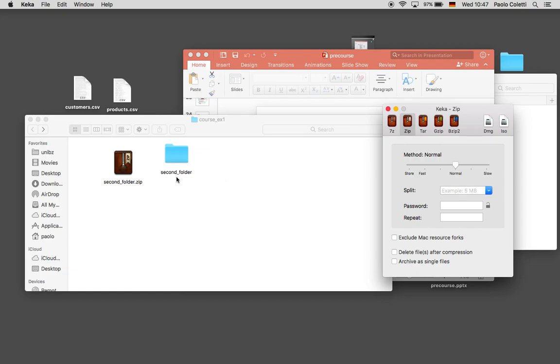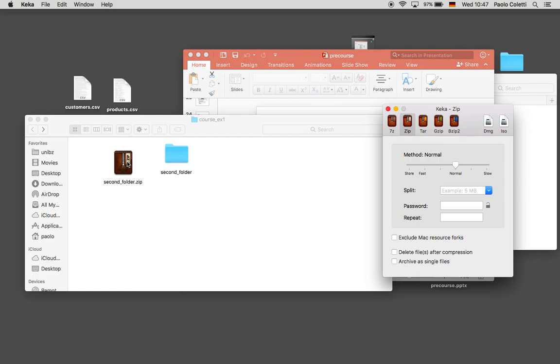I think if for any reason you are able to look inside the zip folder, in Windows it's very typical. In Windows, if you click on the zip folder, a sort of window opens up and shows you the content. On the Mac, no, when you click on a zip folder, it unzips. But if for any reason you are able to look inside, looking inside is fine to get to know what is inside. Looking inside is fine if you want to open any of the files contained, just to take a look at it.